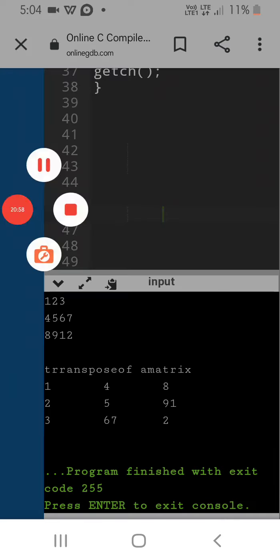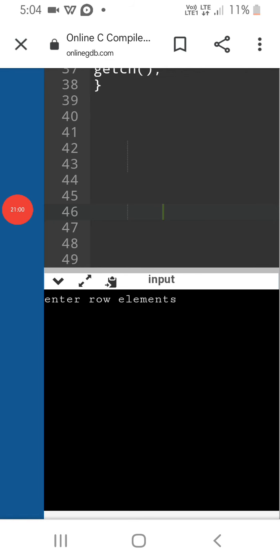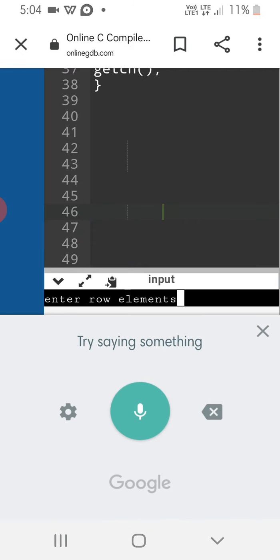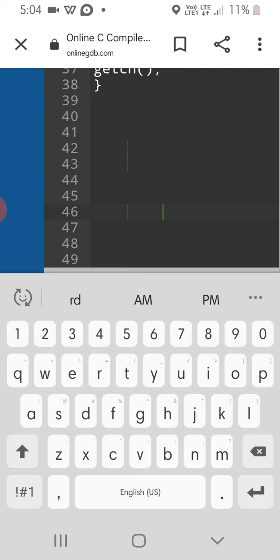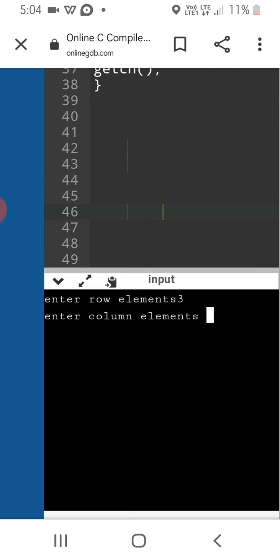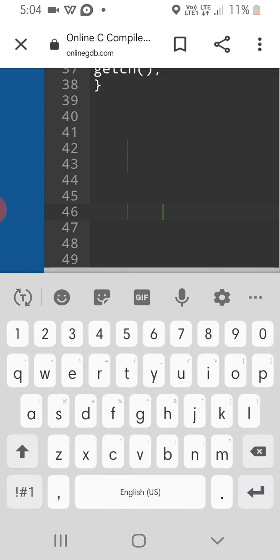Enter row elements. So we enter row elements as 3. Next, it asks enter column elements, and we enter 3. Next, enter matrix elements.